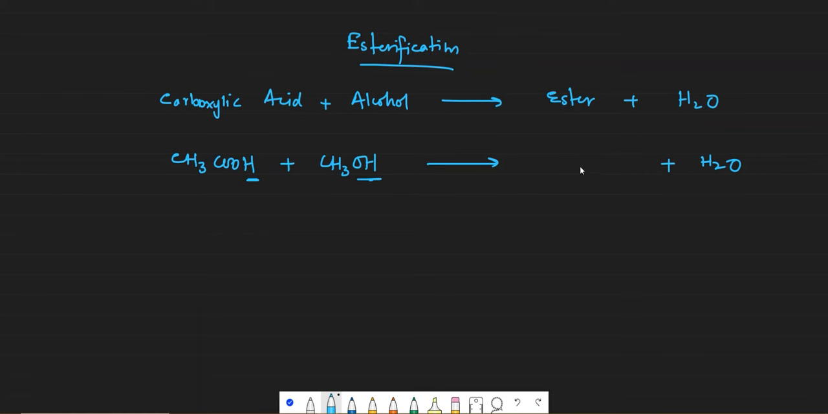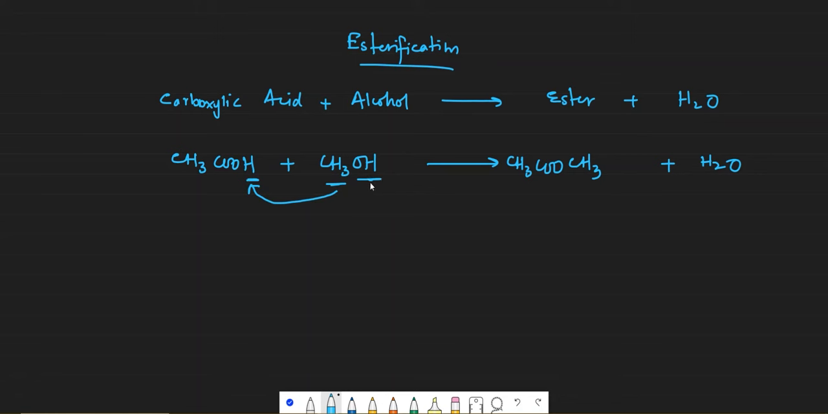And this CH3 will get attached to the carboxylic acid part. So this CH3, the remaining part of the alcohol, will go to the remaining part of the acid. So it would be CH3COOCH3. Okay. Repeating again. When ethanoic acid is reacting with methanol, so H from carboxylic acid and OH from alcohol,